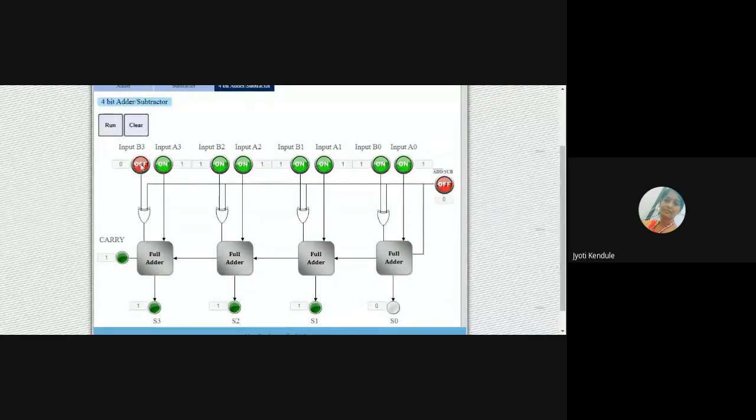We can go for another combination. Here I'm only doing addition. Means here it is. I'm going to do the addition of 0, 0, 0, 1. Add with 0, 0, 0, 1. Okay. Then I'll run this. See what output we are getting. What comes? 1 plus 1 is what? 1 plus 1, 0 with carry 1. Okay, so here it is 1 is there. Okay, remaining all will be 0. This way you can go for a subtraction also. I want to do subtraction. All 1 I will get. All 1 I will get.